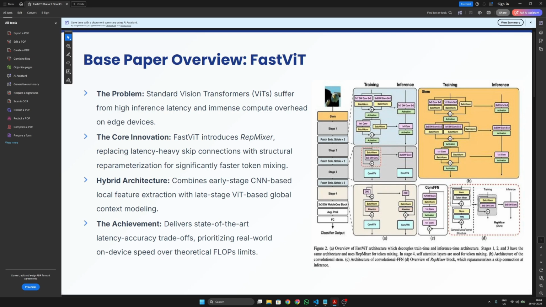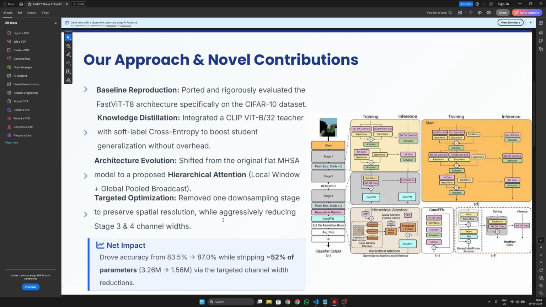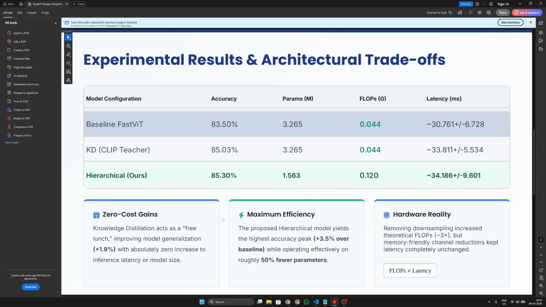Building on this baseline, we explored two improvement directions: an algorithmic improvement using clip-based knowledge distillation and an architectural improvement using hierarchical attention. Our first contribution is clip-guided distillation. We used CLIP ViT-B/32 as a frozen teacher model and generated soft labels using prompt ensemble